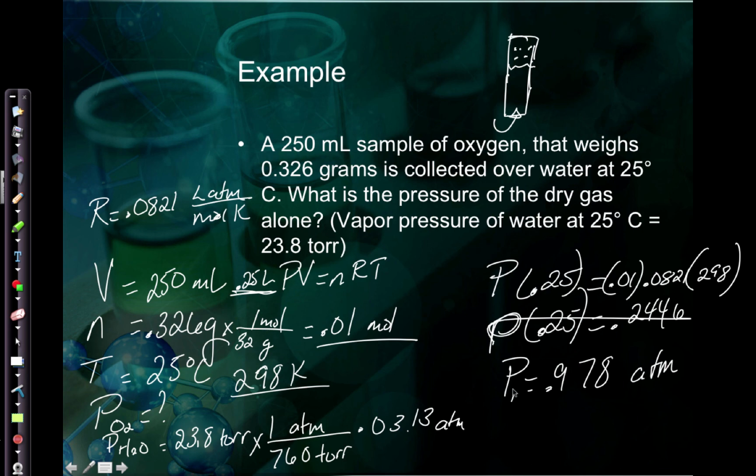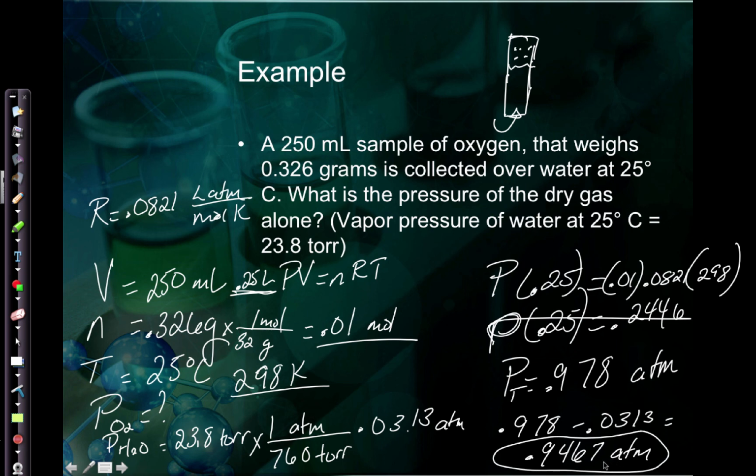So now this is the total pressure inside the container. I want the oxygen gas by itself. So I'm going to take 0.978 and subtract the water vapor pressure out. So you will get 0.9467 atm. This is the pressure of oxygen by itself. All right,